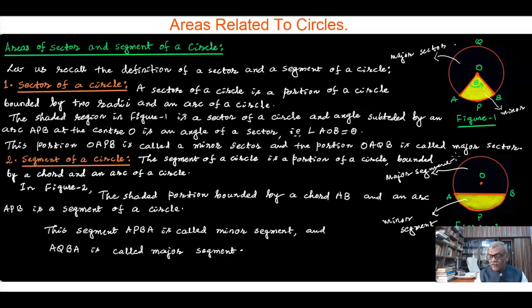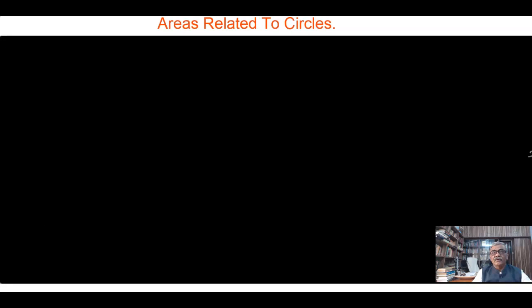Here onwards, whenever I say a sector or a segment, I mean a minor sector or a minor segment only. With these definitions of a sector of a circle and a segment of a circle, with these clear ideas,